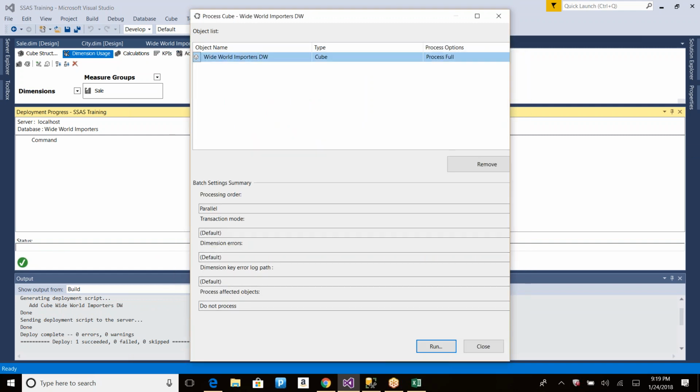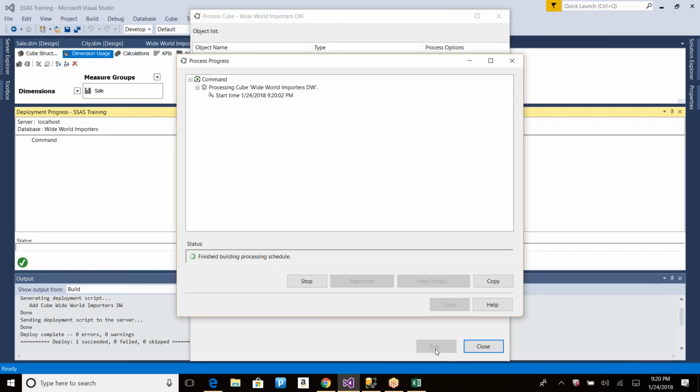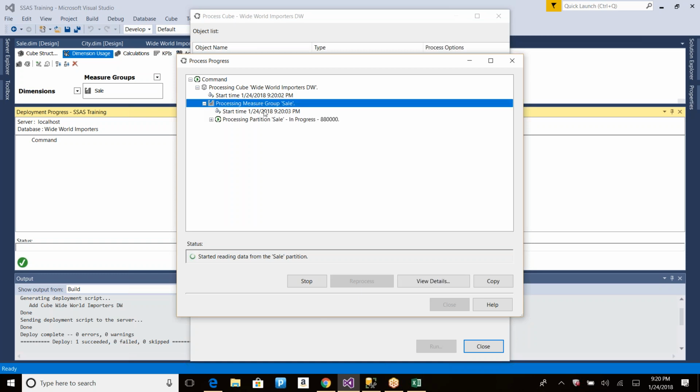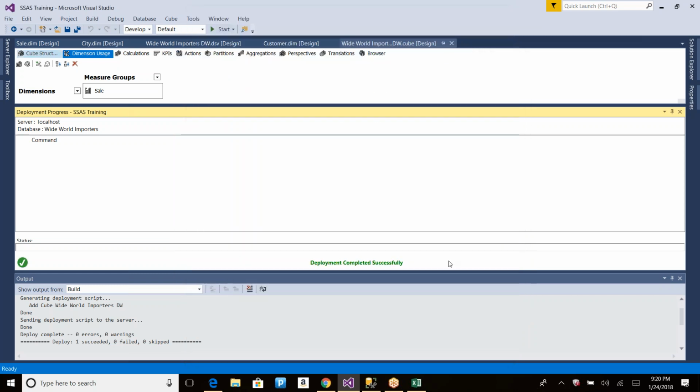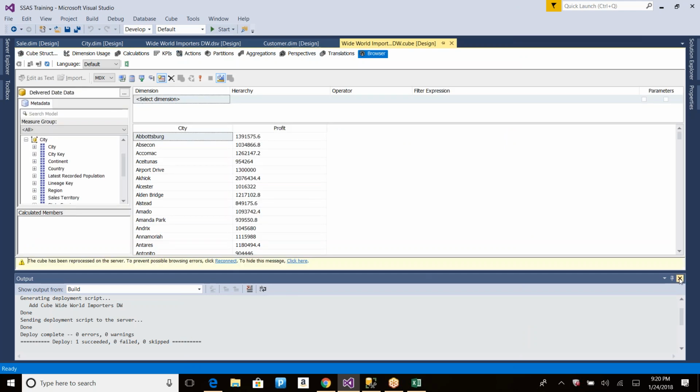Now, what you can do here is you can ignore those errors, and the key not found, ignore error, and null key not found. If you say this, it will go on to process. It will be successful. It's not going to fail because you are ignoring the errors and it is reading all the fact data. Okay, you see, it read all the fact data and everything is good because you ignored the errors. But when you try to connect and see the data here,